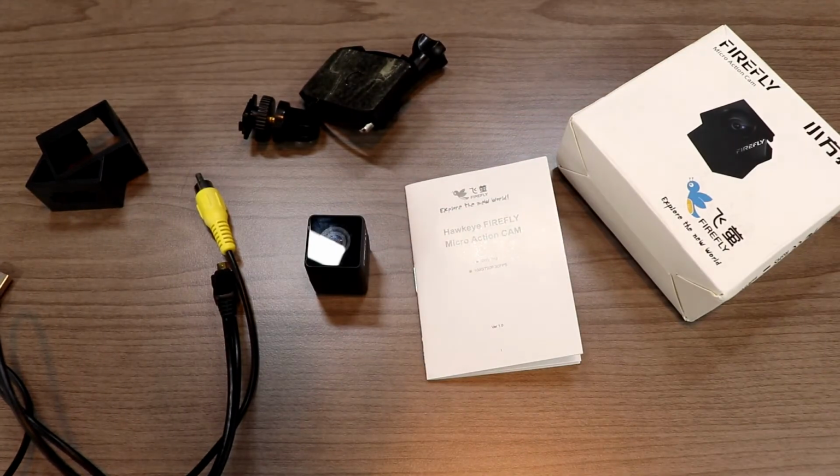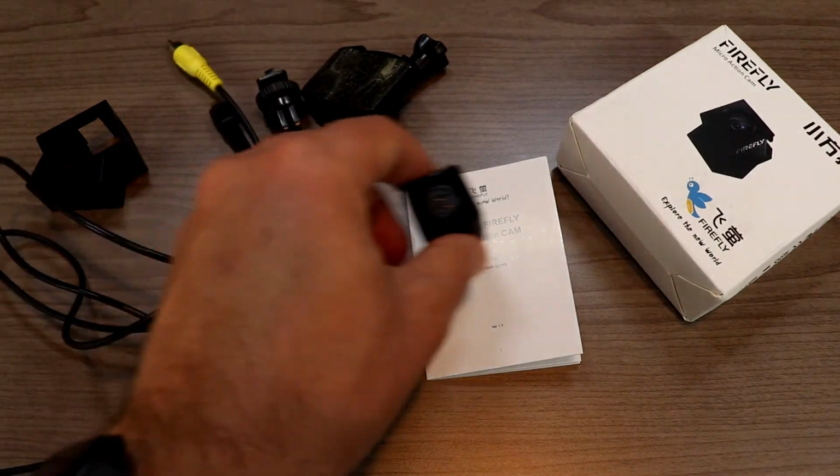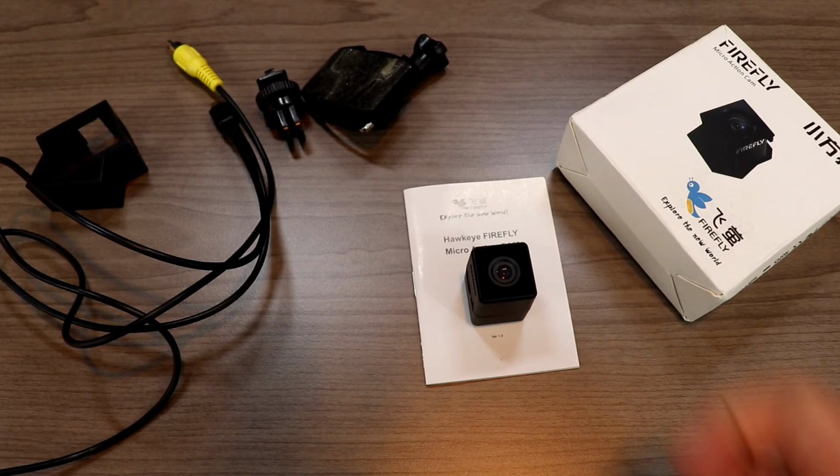So let's go ahead and take a look at some of the footage from this little tiny action camera,